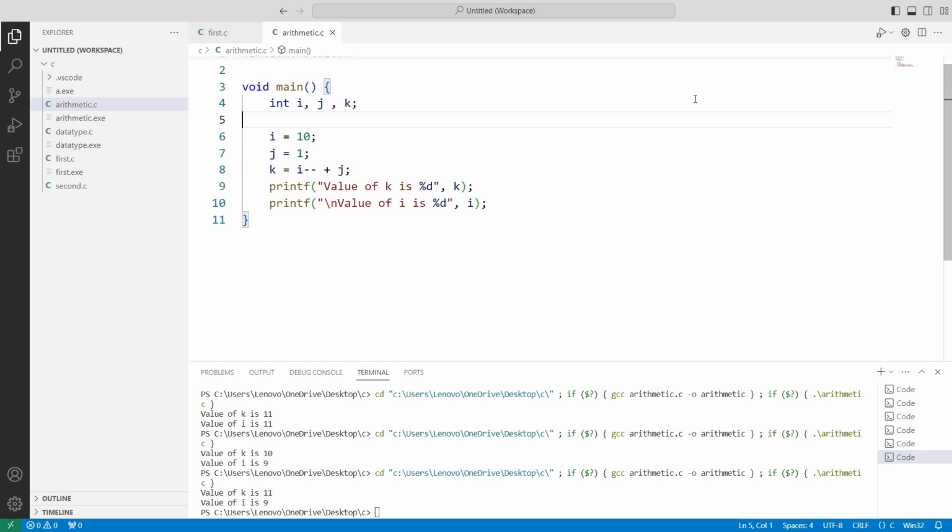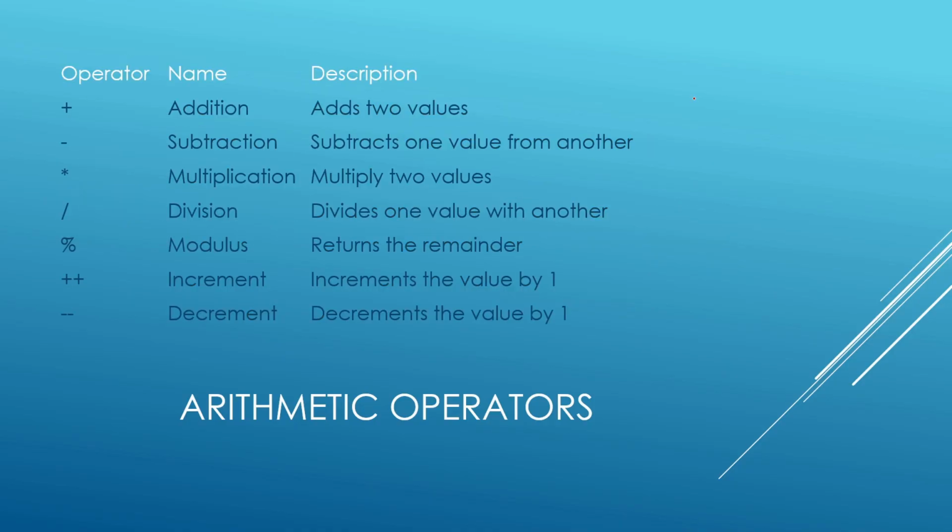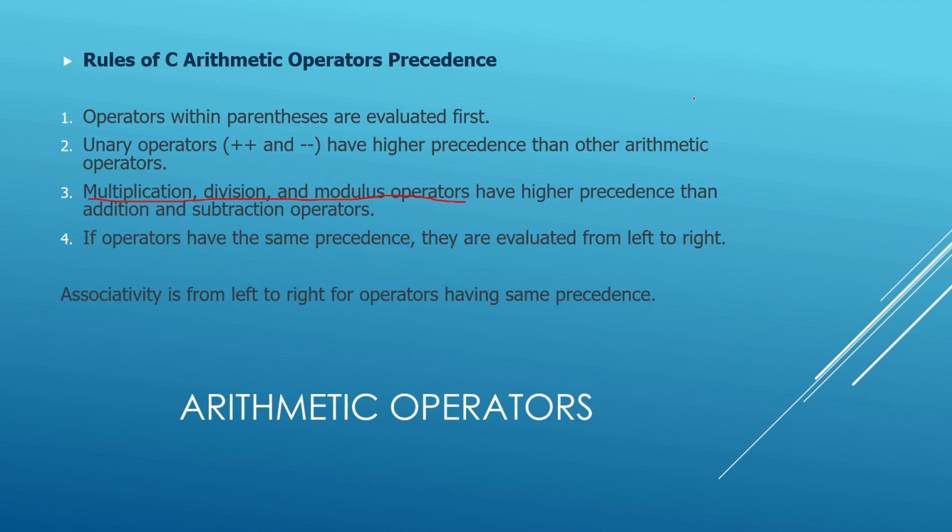So that concludes our basic arithmetic operators. So they are plus, minus, star and slash: addition, subtraction, multiplication, division, modulus for remainder, plus plus for increment by 1, and minus minus for decrement by 1. And the golden rule: the operators within the parentheses are evaluated first. As we just saw, unary plus and minus have higher precedence or priority than other arithmetic operators. Multiplication, division and modulus operators have the same precedence, but higher precedence than addition